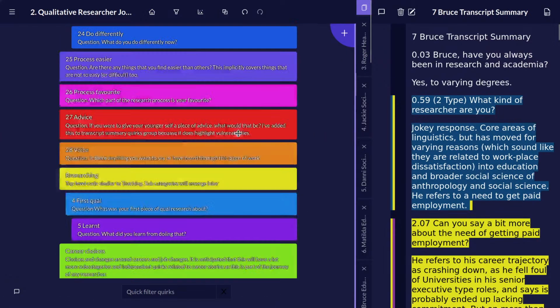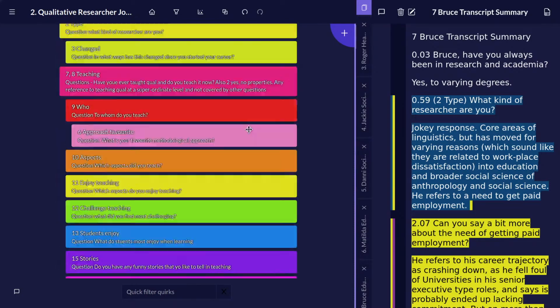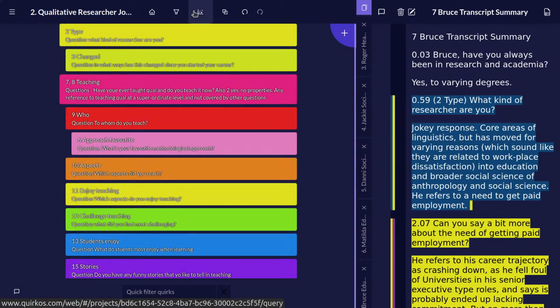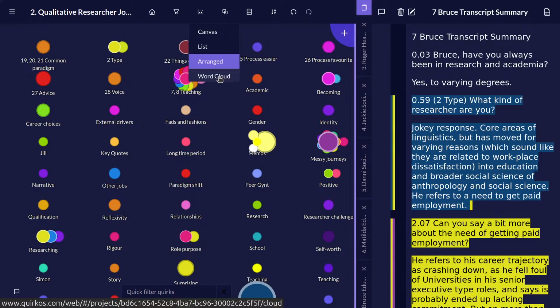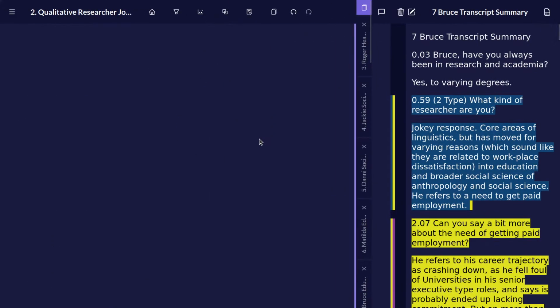So we could put these in a list view, which would be similar to what you'll see in most other software like NVivo or MAXQDA. But there's also an arranged grid view here, which might be more useful, or the word cloud here, and that allows us to see which words are coming out most often and explore